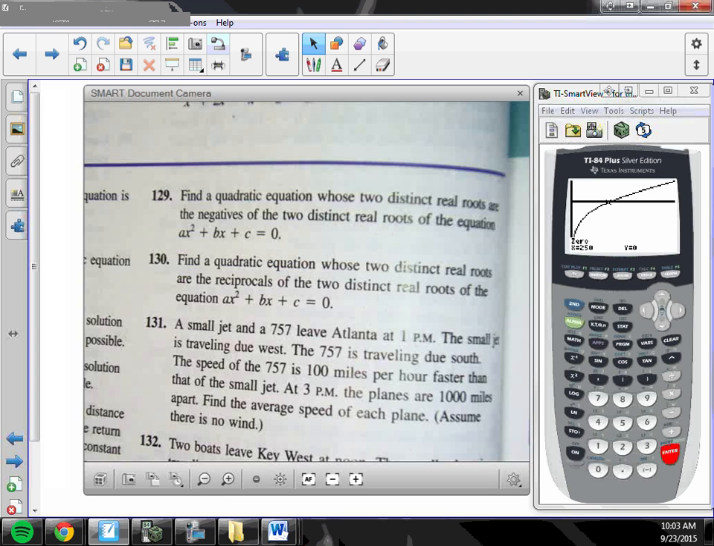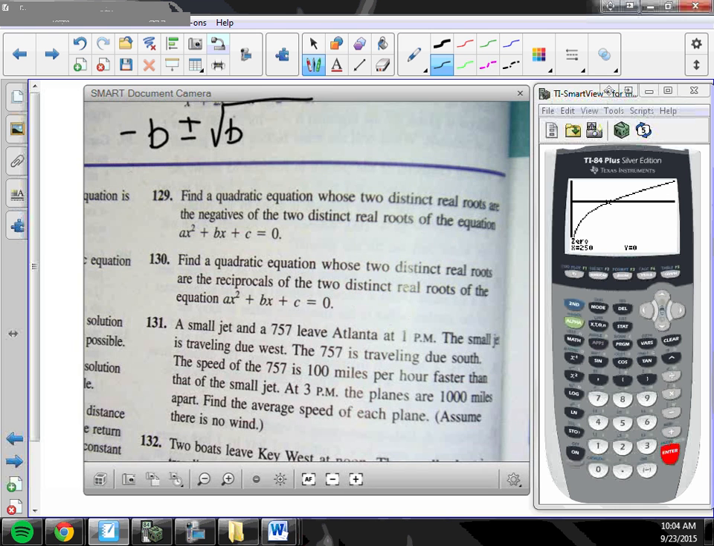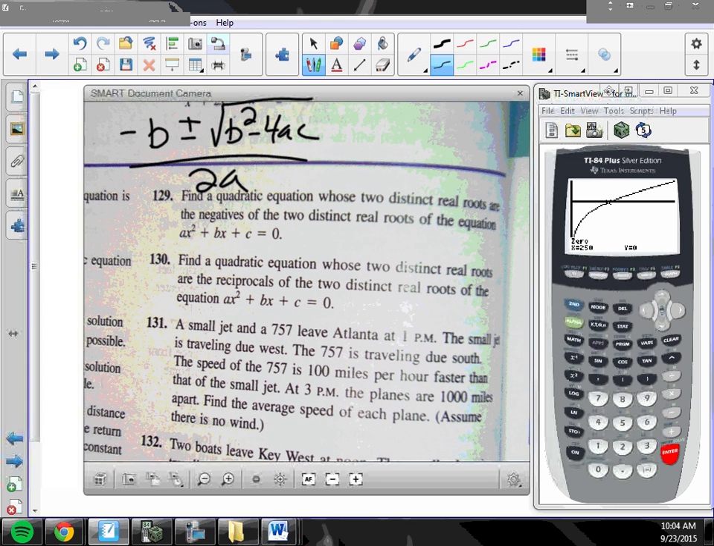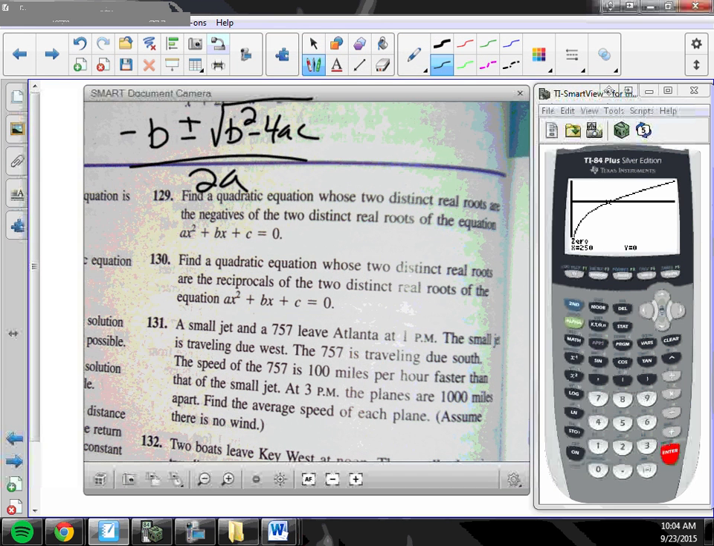So what are the answers to ax squared plus bx plus c? It's the quadratic formula. So it's going to be negative b plus or minus the square root of b squared minus 4ac over 2a. Okay? So if those are the roots, what are the opposites of those two roots? What does it mean, distinct real roots, by the way? What does it mean to be distinct? They're real, so they're on the x-axis, but distinct means